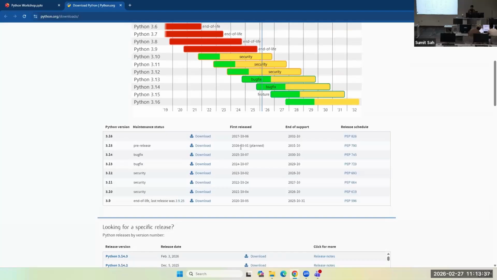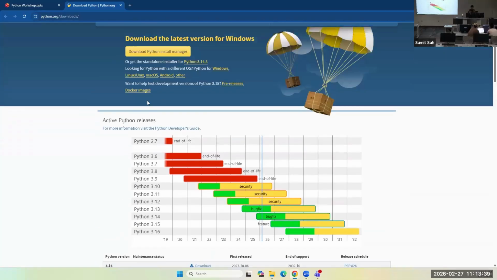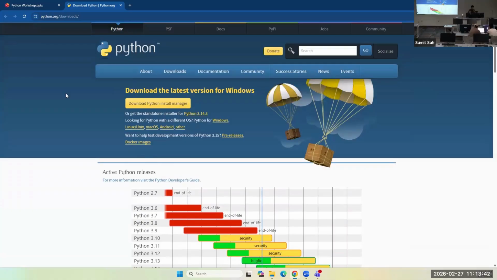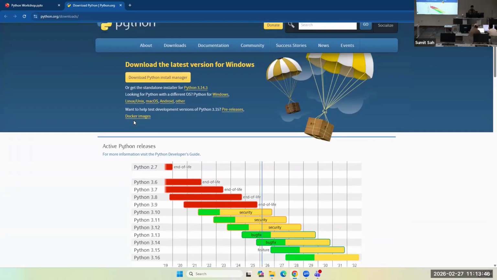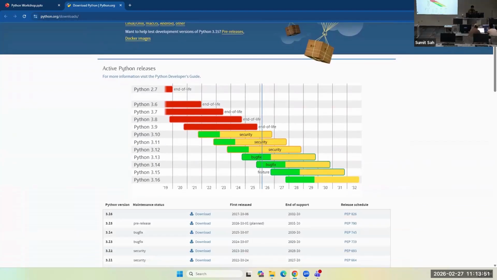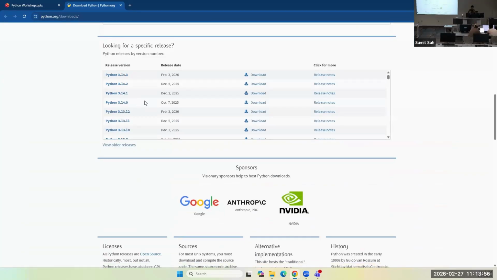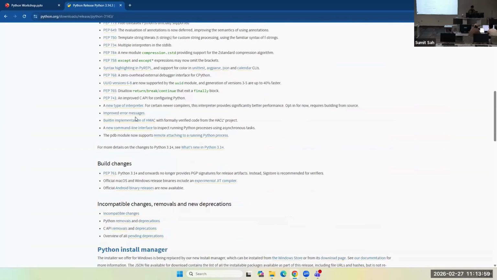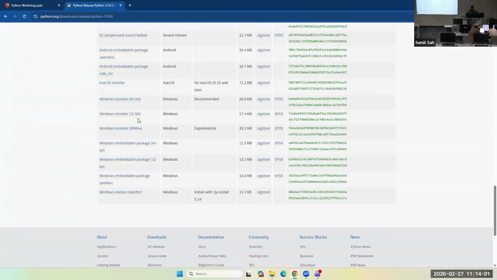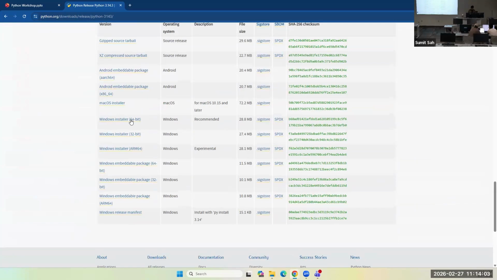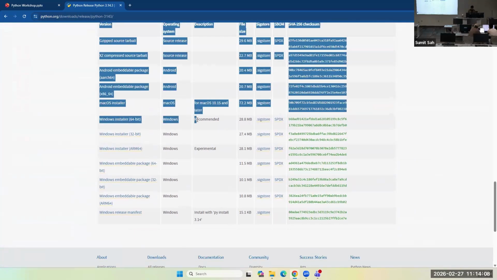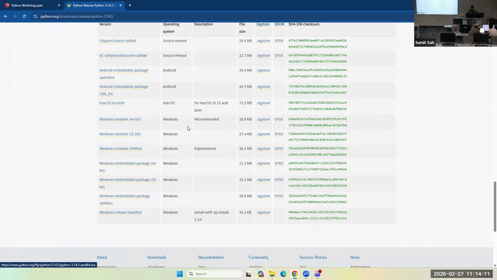All our lab computers have Python already installed. So whenever you want to work on Python locally, you can just use our lab space to do that. And it's free and it works. It has all versions, for Windows and Mac, and this is usually recommended for 64-bit systems.